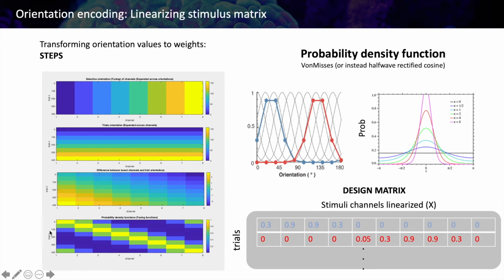So now we can pass all these different values through our distribution, and it's centered in 0. When the values are very different, we'll get a small probability. But if the orientation of the channel and the orientation of the trial are the same, that means we are exactly in the center, so the probability is very high. We have to do this for all the channels, and that's how we are linearizing all the stimulus in different weights.